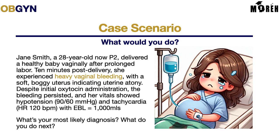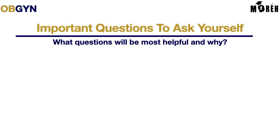So, what are some of the important questions that you should be asking yourself if you find yourself in this situation? The most important question that you can ask yourself in that moment is: is this postpartum hemorrhage? That's the first question that you should ask. Now, by definition, postpartum hemorrhage is